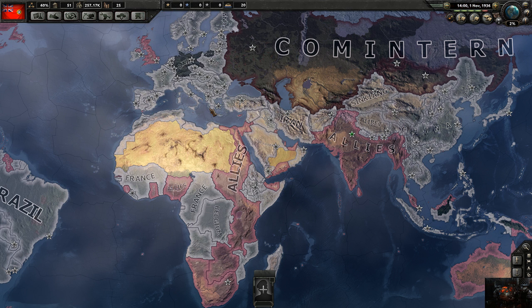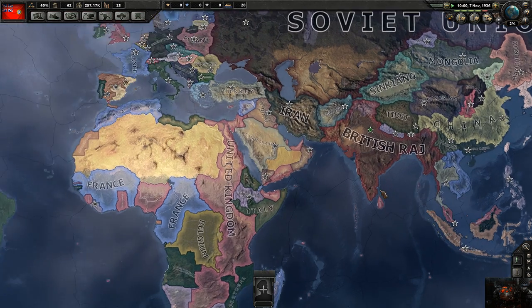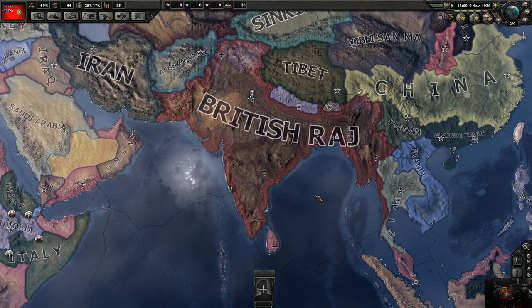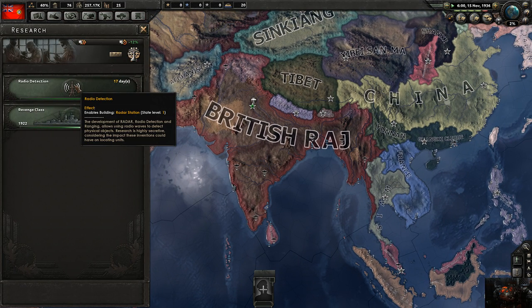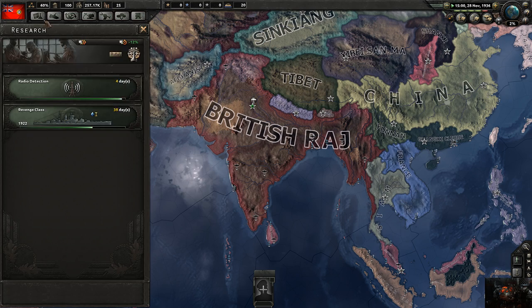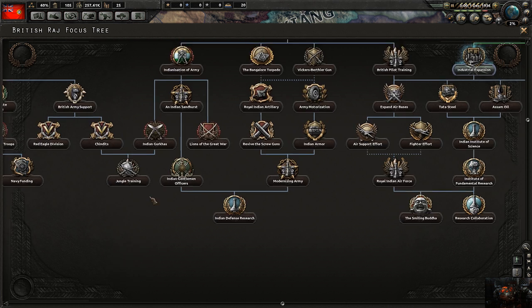So we're going to throw our money, so to speak, our research, or our political points there towards that. Well, we really don't have much of anything, to be honest with you. That's why I like playing with that as the British Raj, because your hands are tied so much at the beginning, and then you're able to break free and become independent and do your own thing. I want to look to see real quick if...